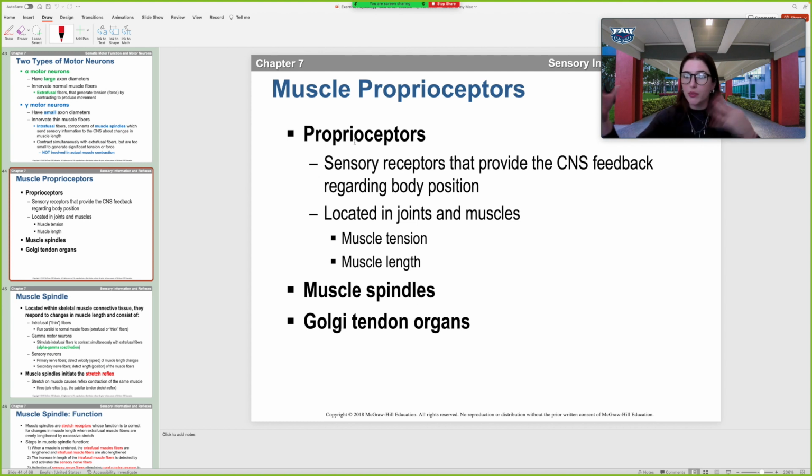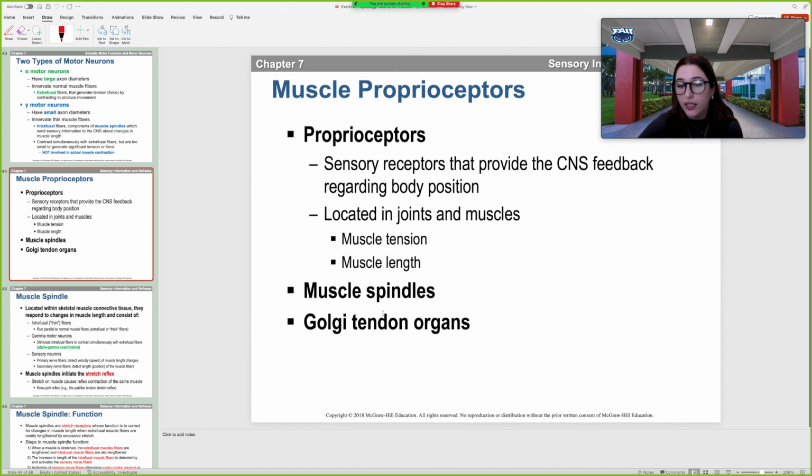Otherwise, we wouldn't be able to move properly. We wouldn't have balance. We just wouldn't be able to move properly, right? We need to have a sense of what's going on in our body. So these proprioceptors that tell us about body position are located in joints and muscles, okay? They tell us about muscle tension, so how much tension is on the muscle, how hard it's contracting, and also muscle length, okay? So the two proprioceptors that we're going to discuss are muscle spindles and the Golgi tendon organ,